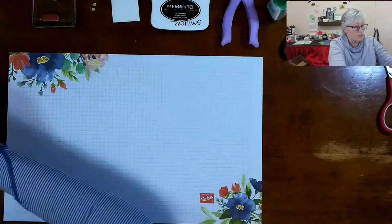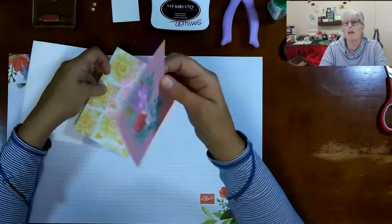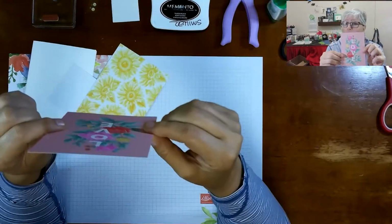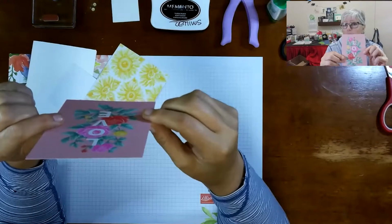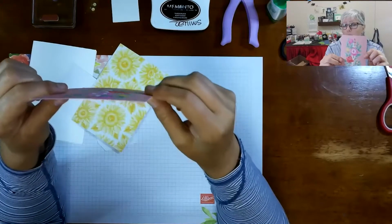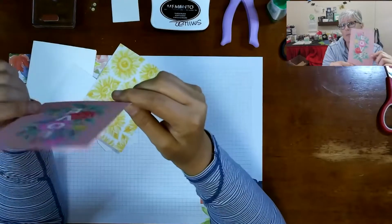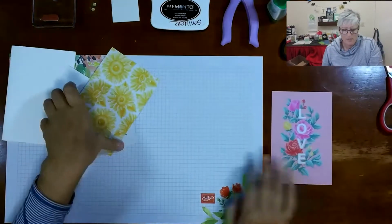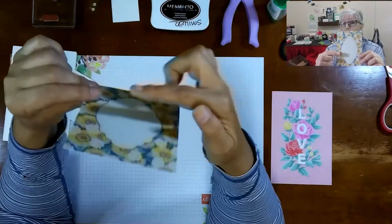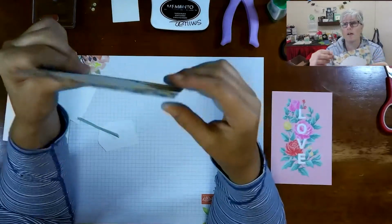So the first thing you're going to do is to make the large card. So some of the cards have a full-on picture even with words. So you may find that you're doing nothing but gluing this onto your card base, and I'm going to show you a little bit of where you might want to take a little snip of your ribbon and add it on for a little touch. So this one has this side on the back, and if I were making this into the card, I would probably use this. Some of them are just solid florals, or they might have a frame like this, and you might choose to stamp your word or another stamp that you might already own in there